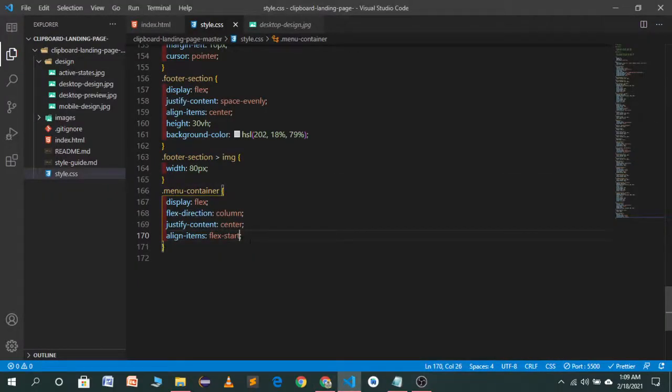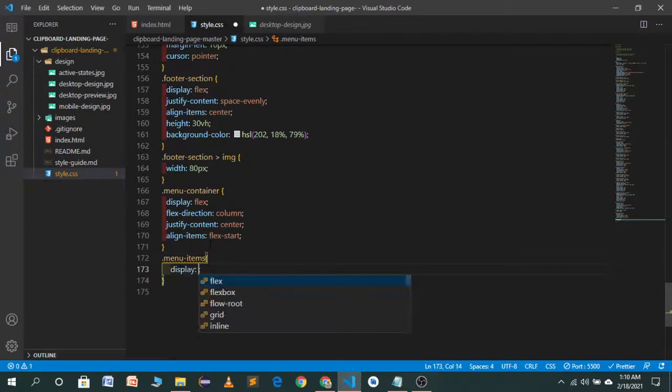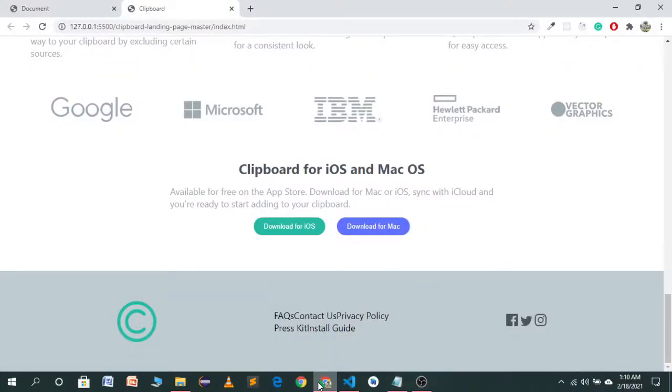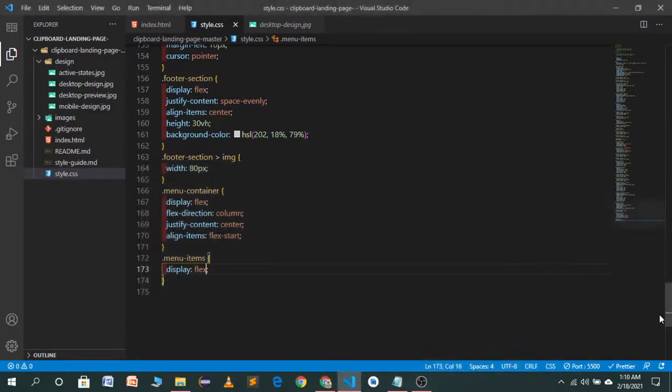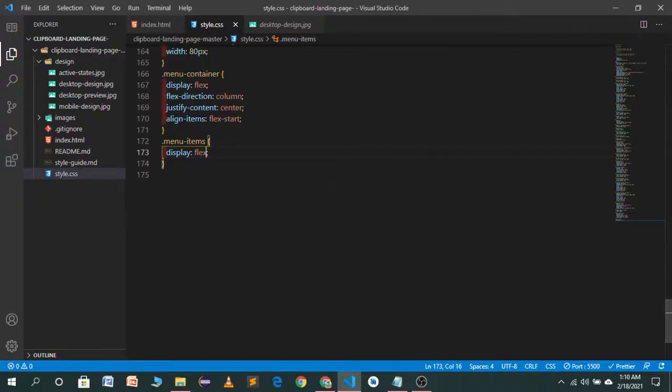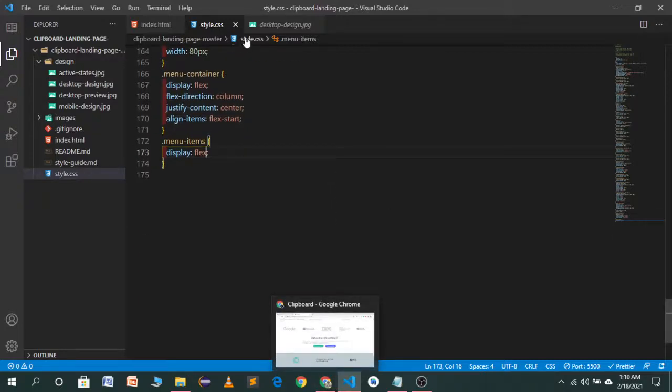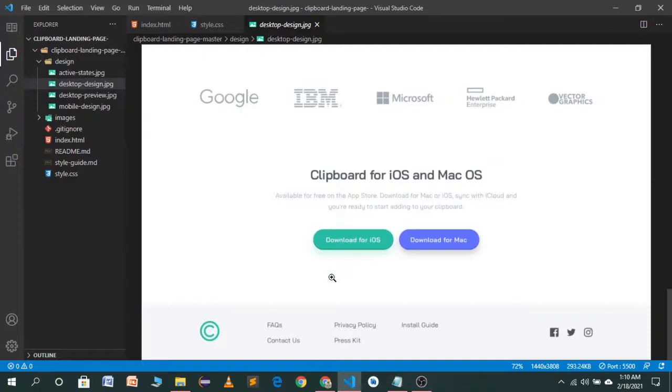Now we have to target menu dash items. We'll use display flex. Let's see how the design is looking right now.